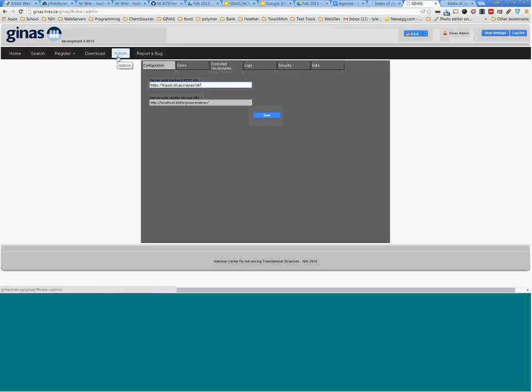As soon as you log in as admin, you'll be able to see this new panel called admin. If you click here, you'll see some configuration settings. These are the main ones that are important. There's the server backend REST URL, which